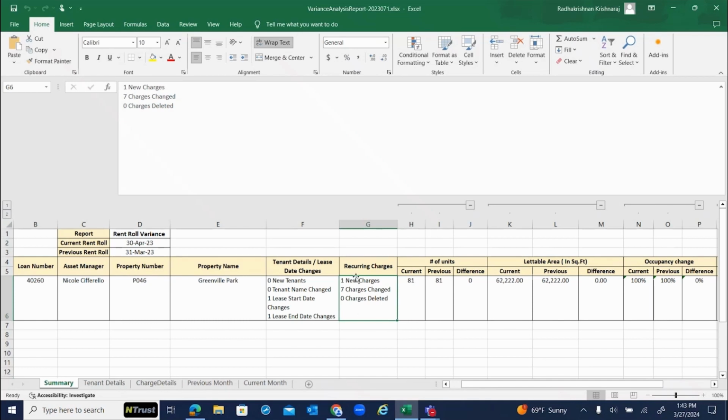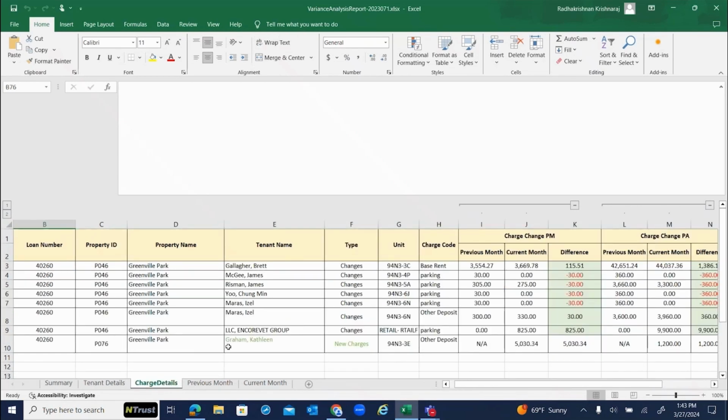So for example, if the 7 charges are fine, the backup is also provided. You'll see there are additional sheets here. If I go into the charge details, you can notice there are changes for the base rent or parking, whatever the charge code is. What is the previous month value, what is the current month value, what is the difference? You'll notice there are changes for these 7 records, and there's also a new charge coming in for a particular property, a new charge of $5,000